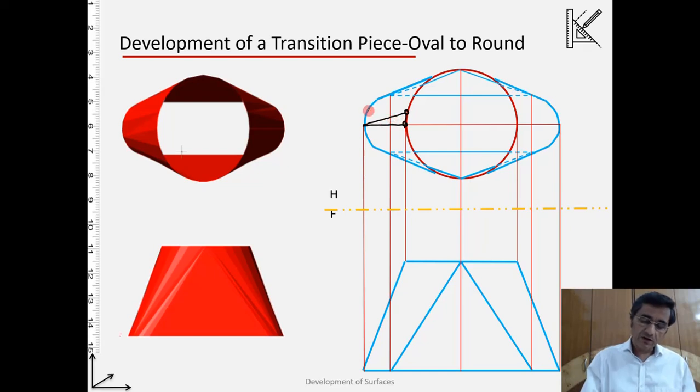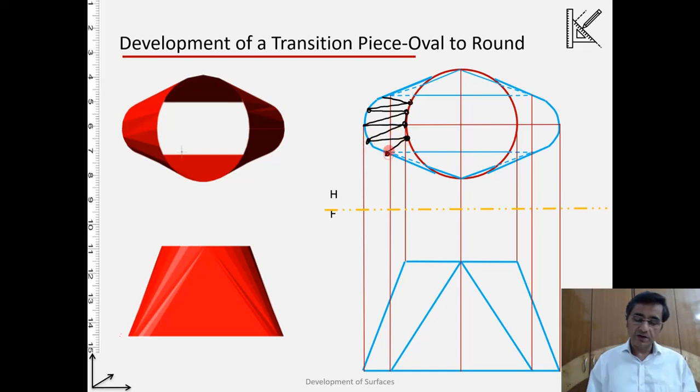I can take one more point here and join it. Here also we have a conical triangle, because this part is a curve, with a single point, another triangle. Similarly, I can have one more, and so on. Similarly, on the other side also.